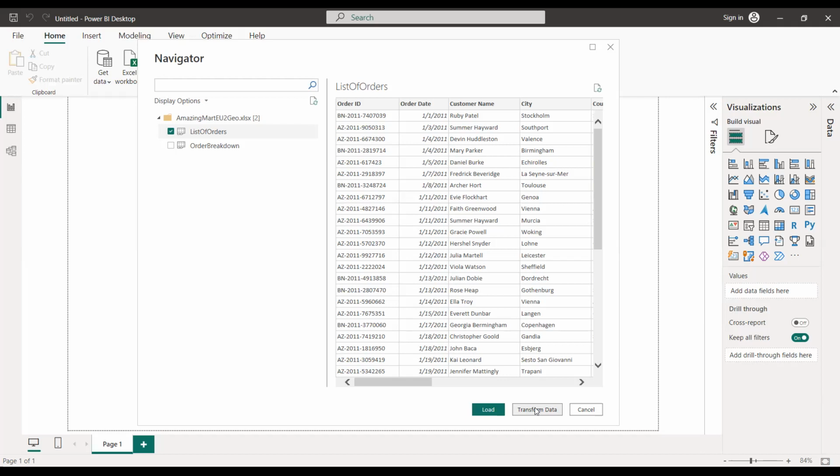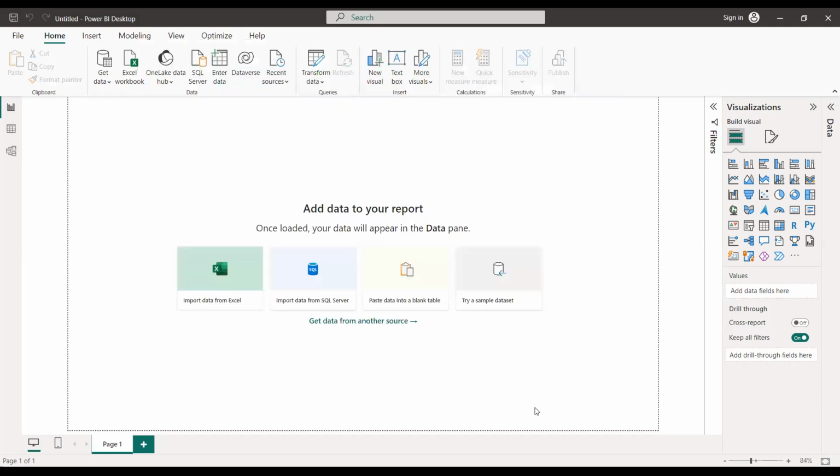Now, transform data, remember, we also looked at tools that you can use in cleaning data. And we talked about one of the tools in Power BI, which is Power Query. So this is the environment of the Power Query, all right? This is the environment.